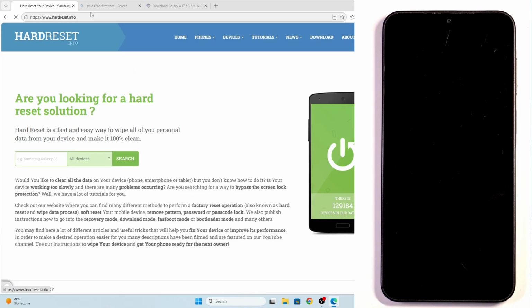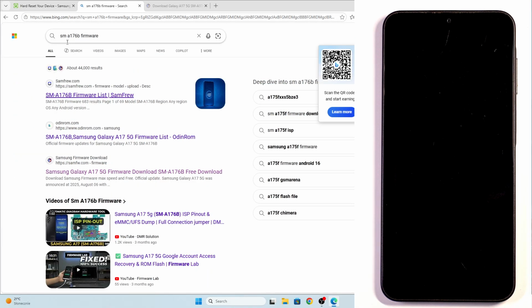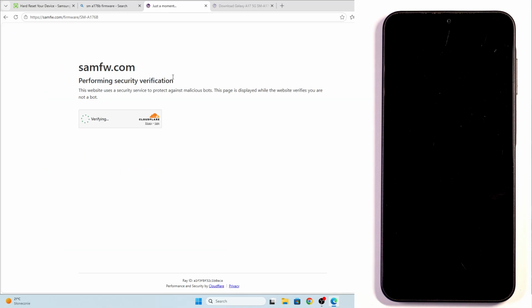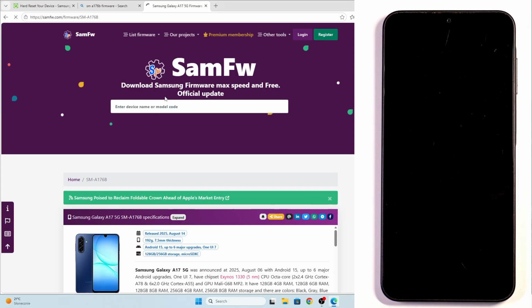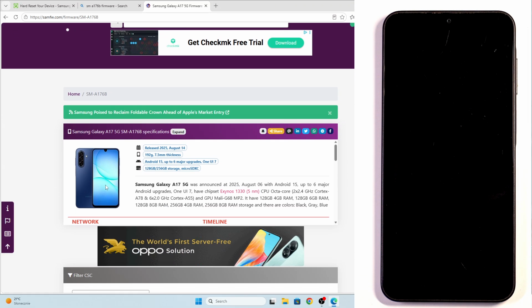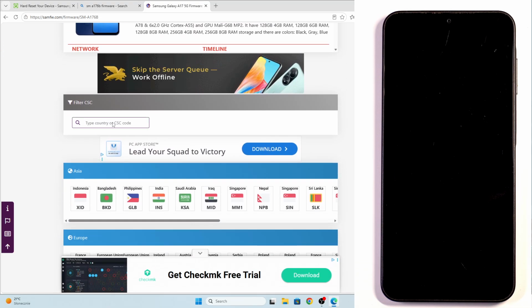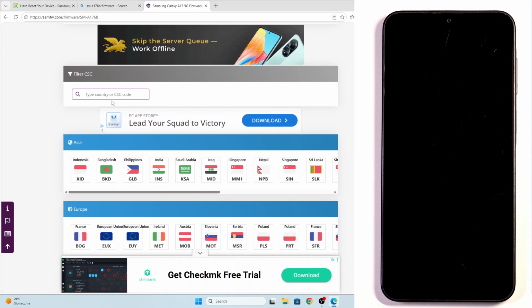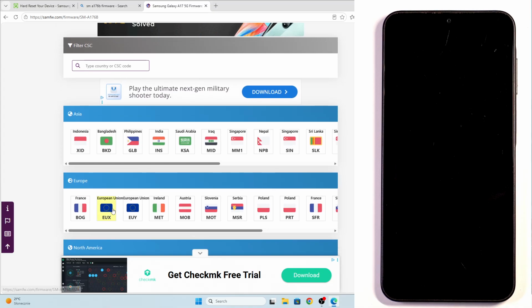Then you need to open up a new tab and type SAMSUNG A176B firmware. I highly recommend to use this page, samfw.com. Visit the page, click on that. We have our phone. Now keep scrolling down, and in here you need to type your country or the CSC code. In my case I'm using the European version and it's right in here from what I can see,